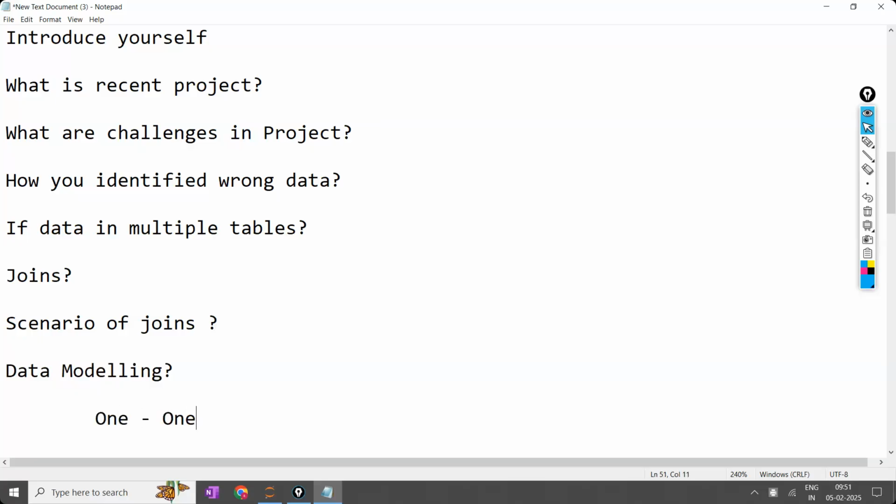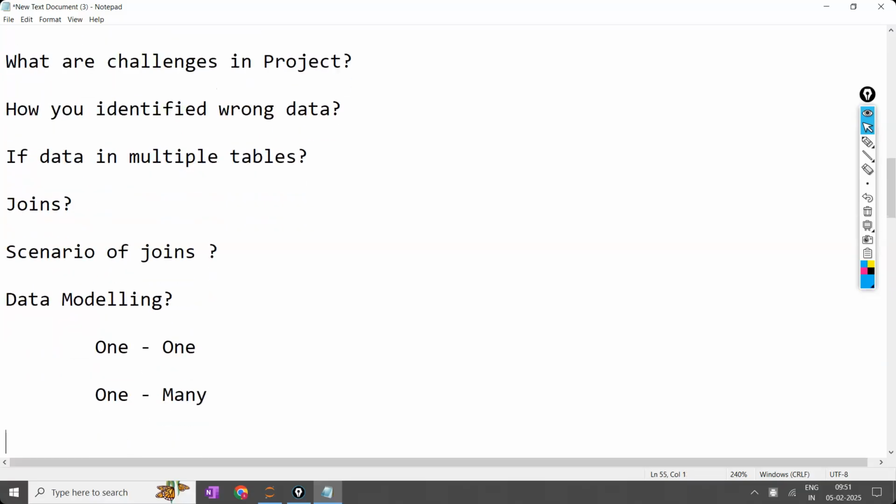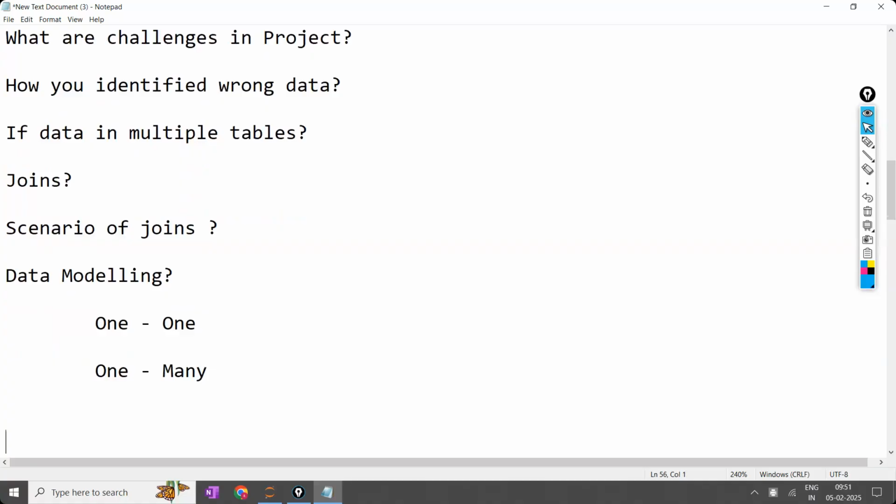Sure. So there are two tables. 1 to 1 means let's say there is a table, actor and director. Okay. So one actor is assigned to one director, and also that one director is having one actor in the movies. So this is 1 to 1. Now let's say one actor table and movies table. One actor can do one movie, but one movie can have multiple actors. So this is 1 to 1.